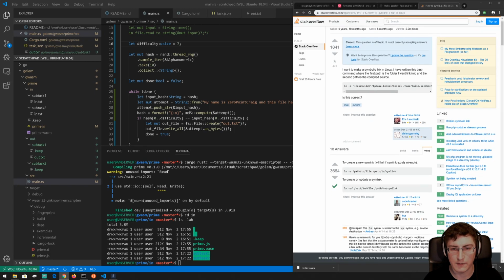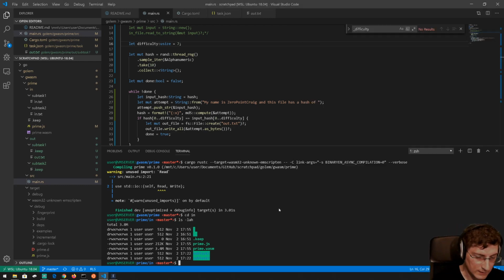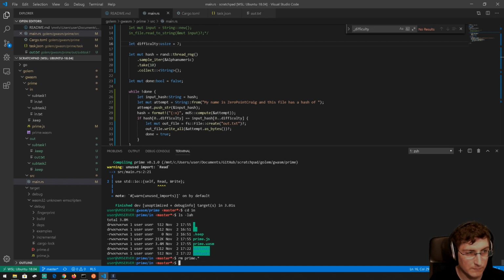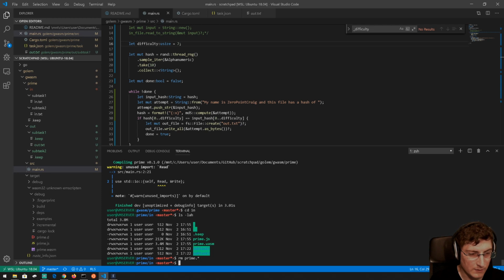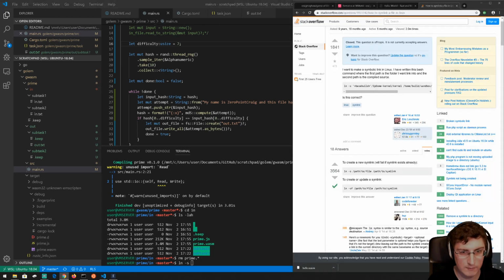Path to file, path to symlink, to create a new symlink. Okay, so yeah, ln minus s. No, hang on. Let's rm these first of all. Yep. Then we do ln -s